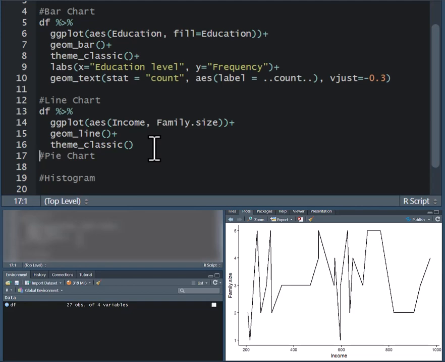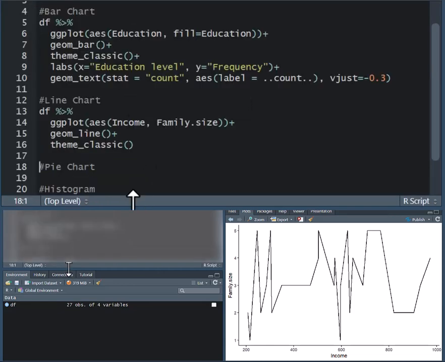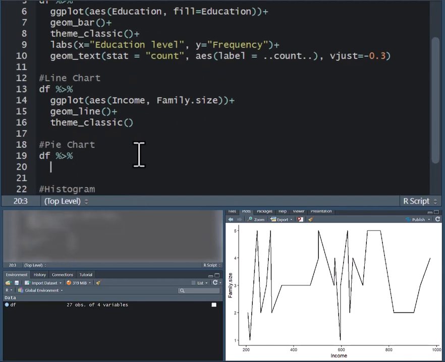You can add on labs. I want to show you how you can create a pie chart for gender. You want to plot a pie chart for gender and try to present it in a nice way. So I'll get my data object, and then on the data object I'll add on